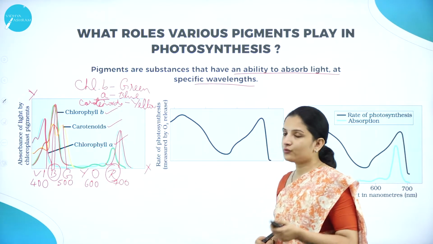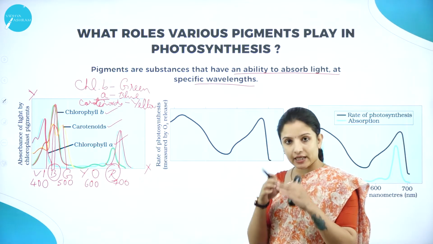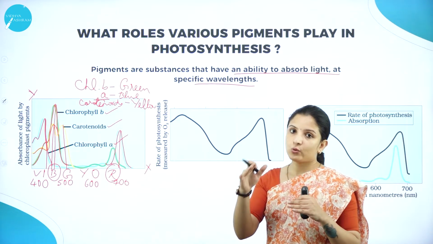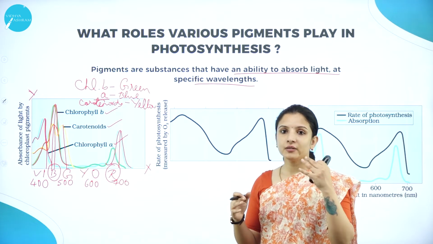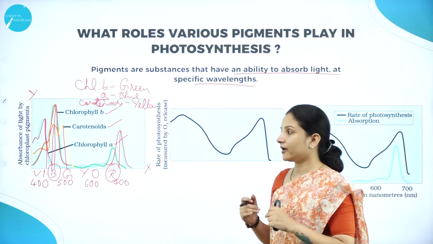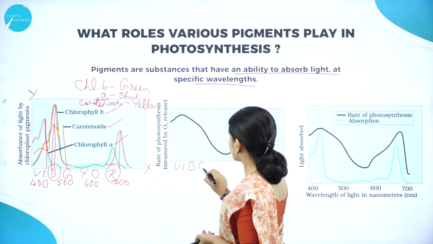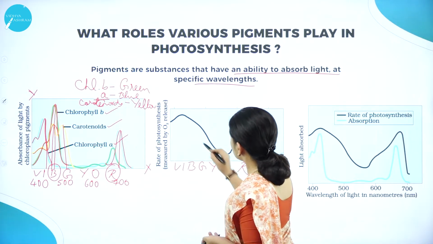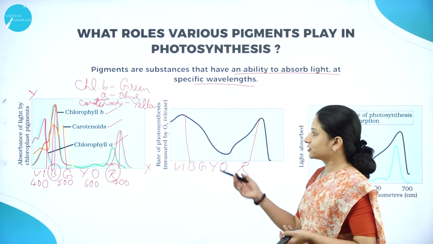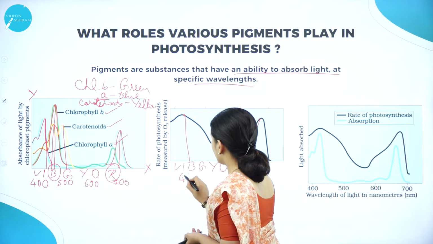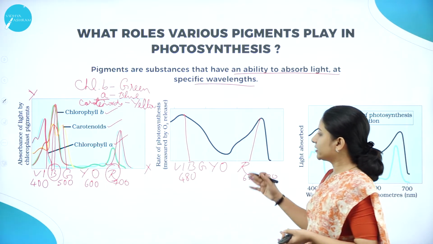So after knowing this, what scientists did was they plotted one more graph to see, if the chlorophyll A pigment absorbs both the blue and the red light, what will be the rate of photosynthesis, or in other terms, what will be the amount of oxygen that is released to the atmosphere. So here you can see one more graph. Here also you can see it is maximum in blue light and it is maximum in the red light. So, understood, between somewhere 480 nanometer and somewhere 670 to 700 nanometer, there is maximum.